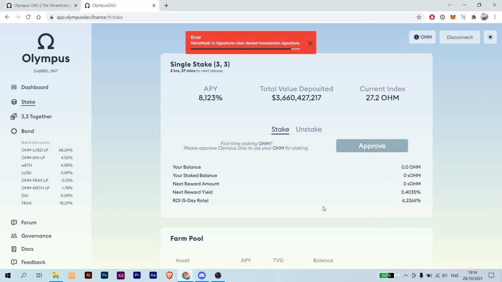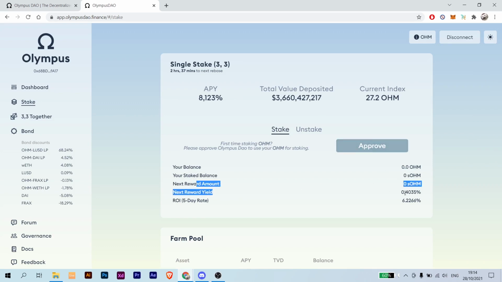confirm, and then after that an input field will appear where you put in the amount of OHM that you have in your wallet that you want to stake, and this button will change to stake. Here your balance will appear as the balance that you have in your wallet, and the moment that you stake the OHM that you have, it will appear in here, and the next rewards